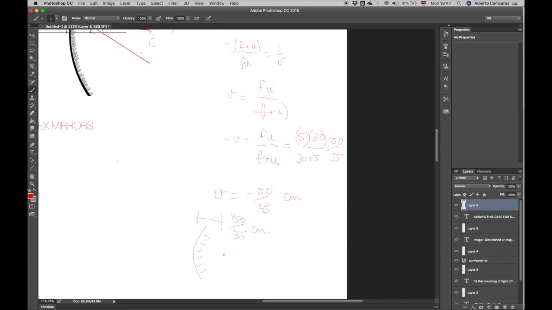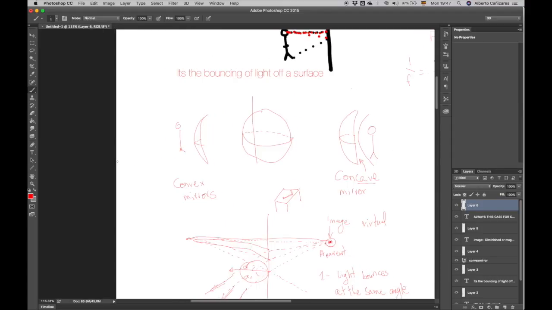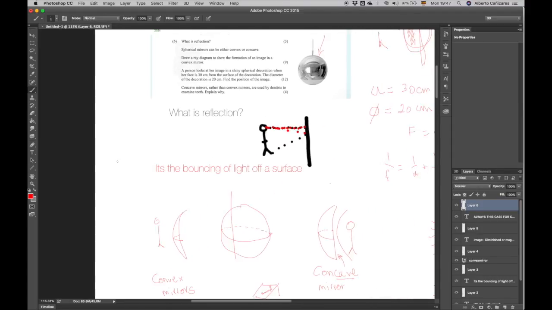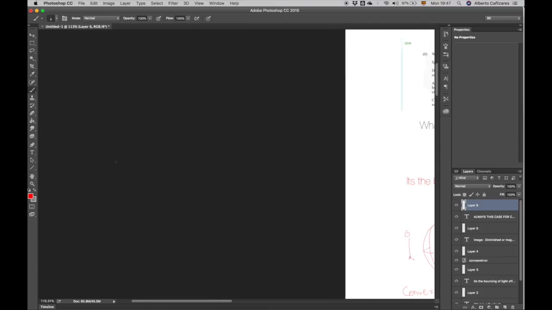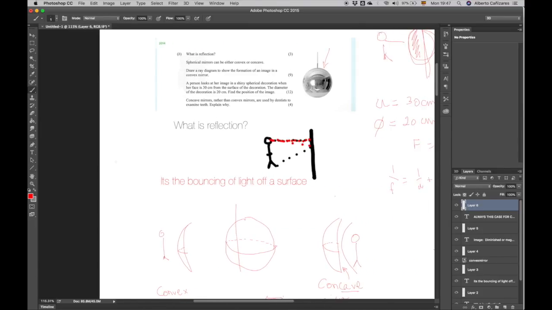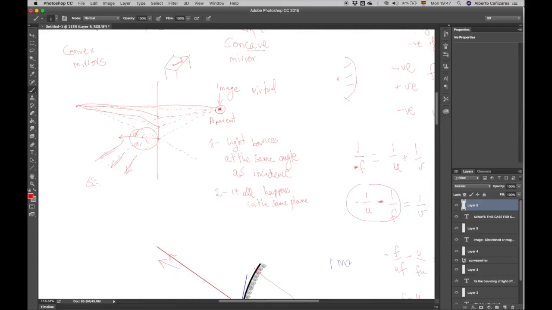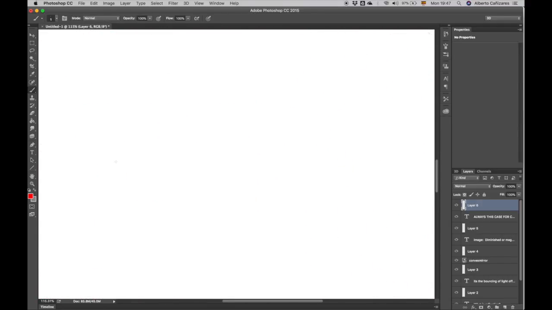Okay, now this brings us to another part that I would like to cover, which is not a part of this question. It would be the magnification. Has the image been magnified? Has it been diminished? Is it bigger? What is it? So we call this the magnification factor,